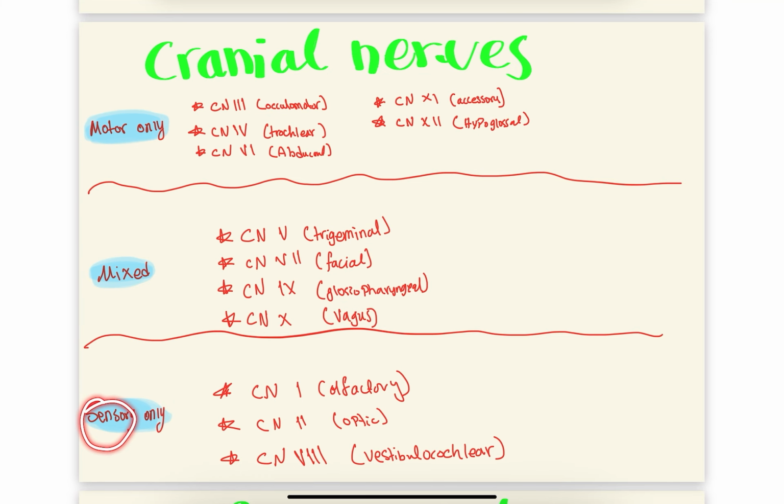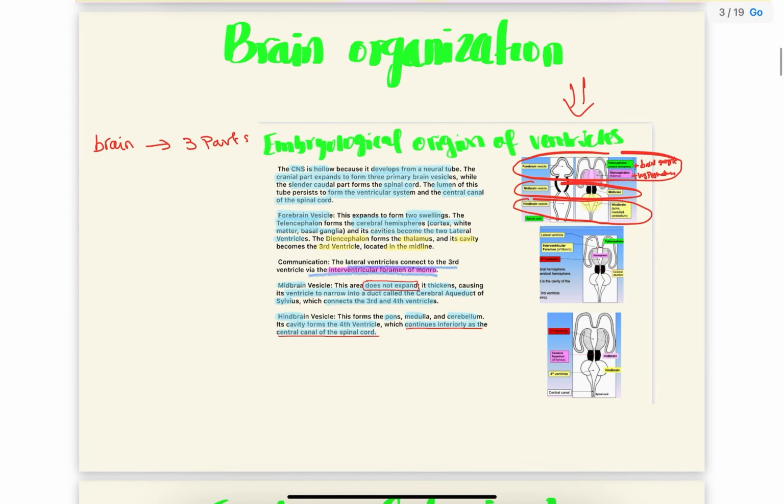For the sensory only, it's going to be 1, olfactory, 2, optic, and 8, which is the vestibulocochlear. For the mixed ones, these would be 5, the trigeminal, 7, the facial, 9, the glossopharyngeal, and 10, which is the vagus. Okay, now for the brain organization, you can go back to the video for the ventricular system